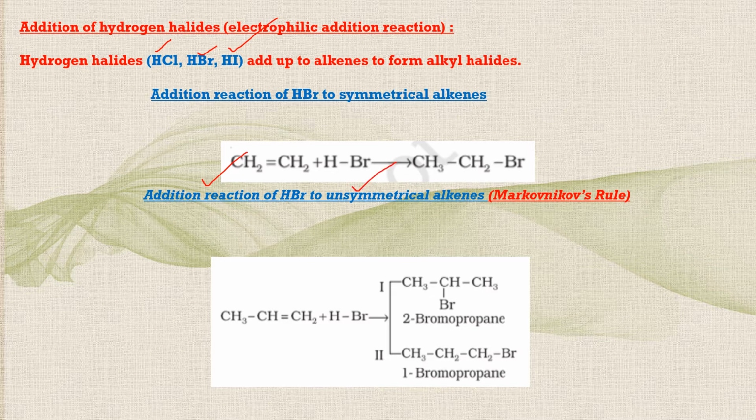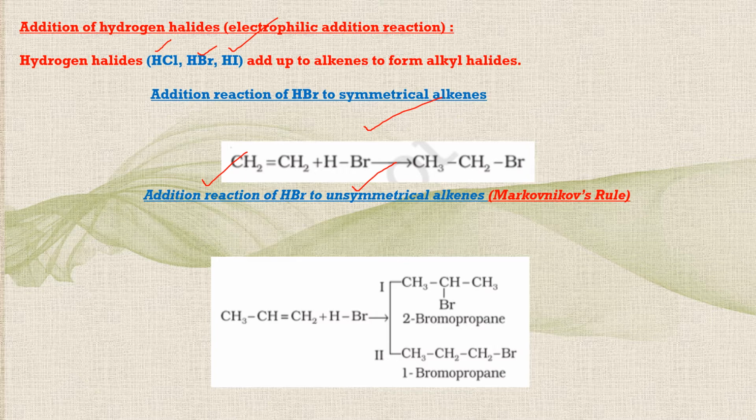Now, ethene is an example of symmetrical alkene. Symmetrical alkenes are those which have exactly same atoms on both the sides of the double bond. So one example is ethene. Another example would be but-2-ene, because in that case the double bond will be between second and third carbon, and on both the sides of the double bond we'll be having CH3. So if you have symmetrical alkene, you do not have to worry.